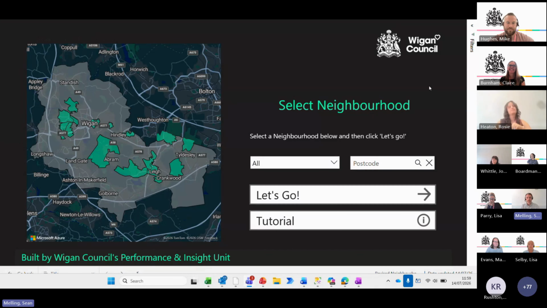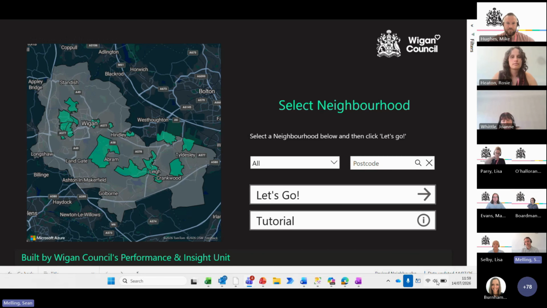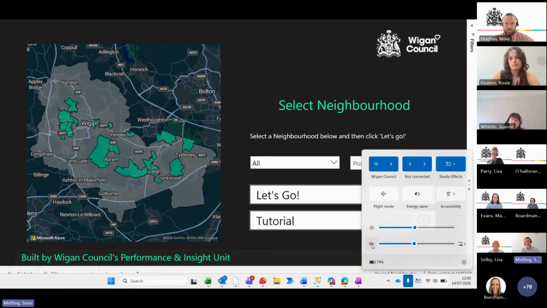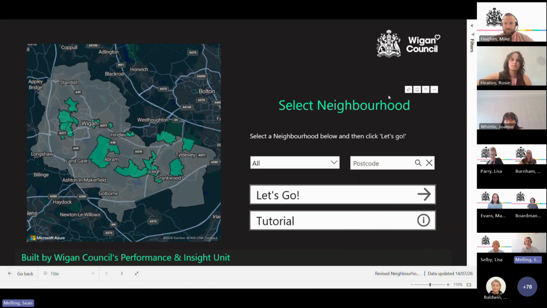Thanks, Rosie. Before I start, I will just say there's some audio in this Power BI report. So sometimes that doesn't always come through on Teams. So I don't know if you can see this, but at the bottom right-hand corner of your screen, you'll have a little volume section. Just make sure that that volume is on. If you can see my screen there, hopefully you can. And that should then allow us to show you that audio. Okay, so